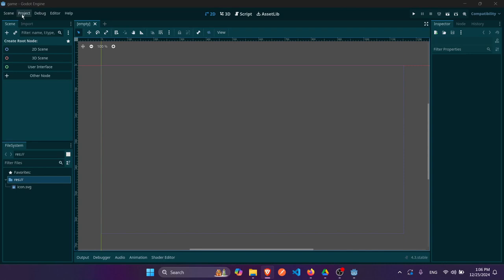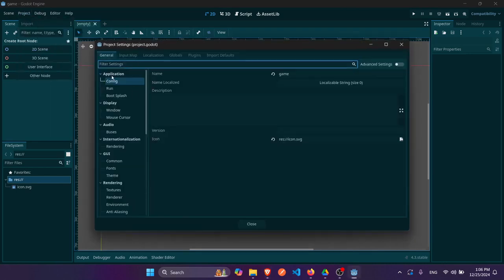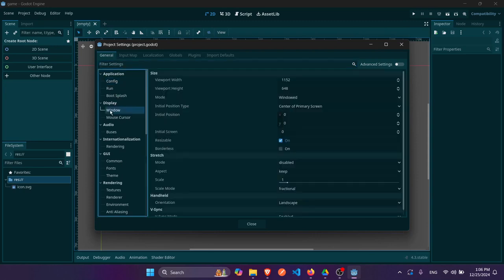Okay, so what we can do is, first thing is, let's just go into the project settings, and after we have gone into project settings, we have a lot of settings right over here. But for now, let's go for the window, and here in viewport width, we can go for some other view, for some other resolutions,